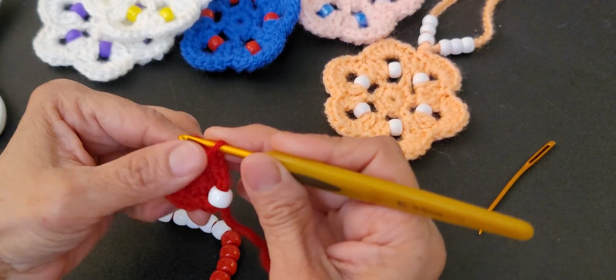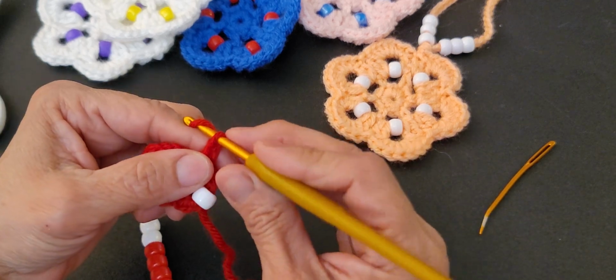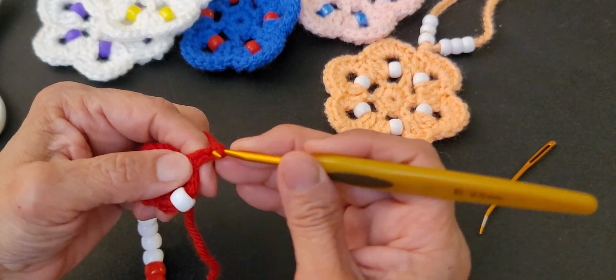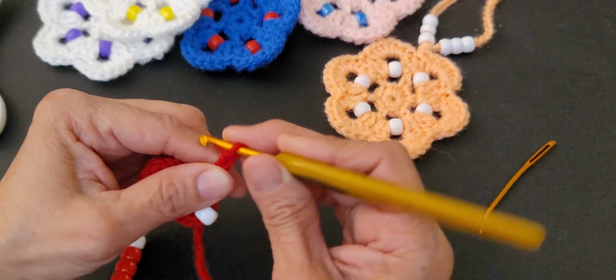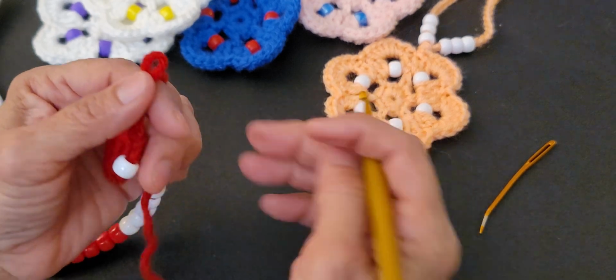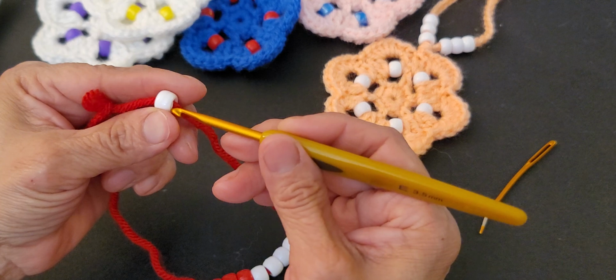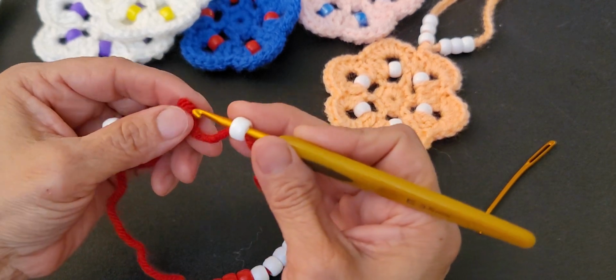Then you're going to do again chain 4. This is what we're going to repeat throughout this round. So we have 1, 2, 3, and 4. Pull up the loop a little bit, grab your next bead, push it up here, insert your hook, okay, grab